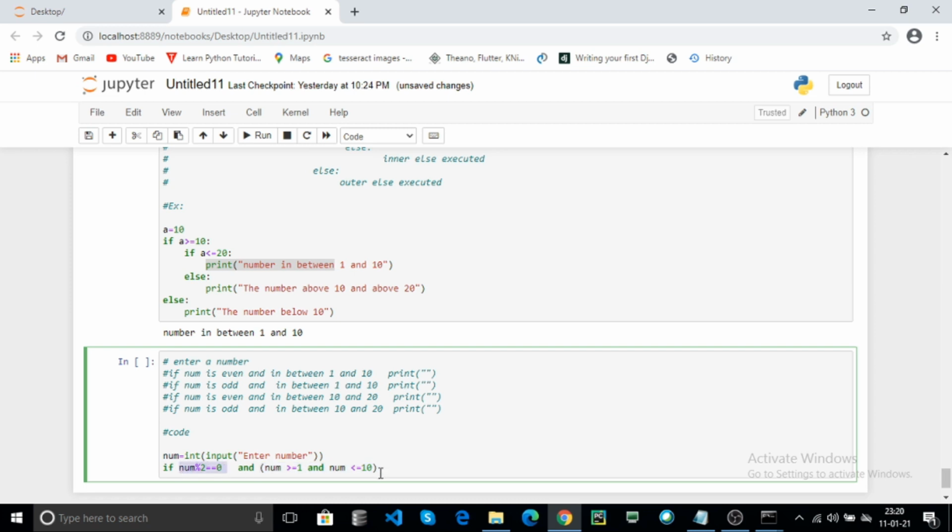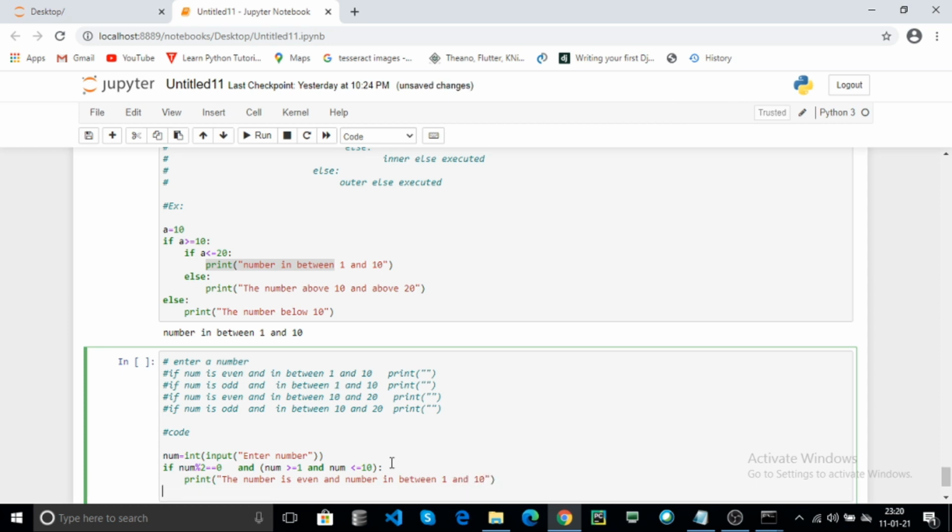True and true, the condition is true. Print: the number is even and the number is in between 1 and 10.